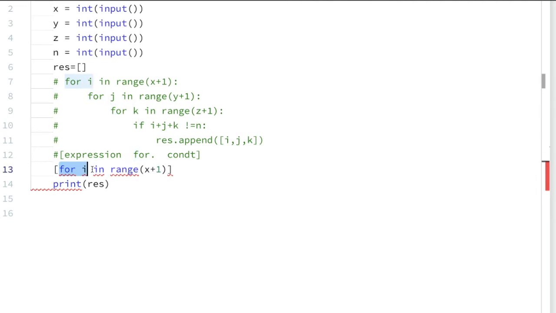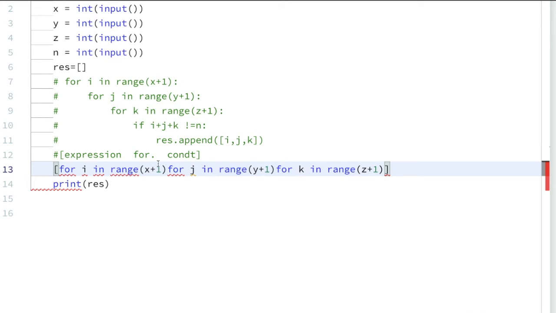Now you can see here, this is my very first for loop. Now it will take one value from here, i, and let us go for the next for loop. After that it will go in second for loop, means j loop. After that it will go in third loop, k loop. Now this is my for statement. So we are done with this for statement. First of all i, then j, then k. After that we have to check our condition. So let us write our condition. So we'll apply the same condition over here. Same condition means same logic.